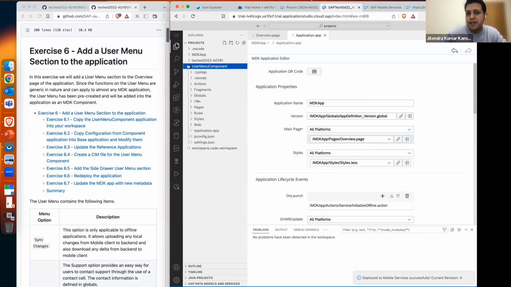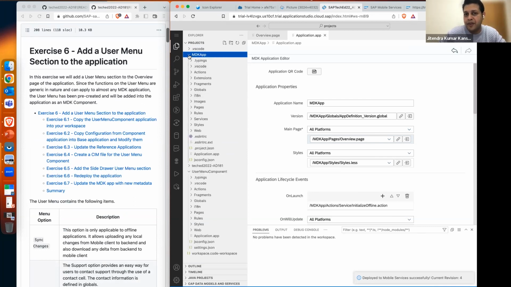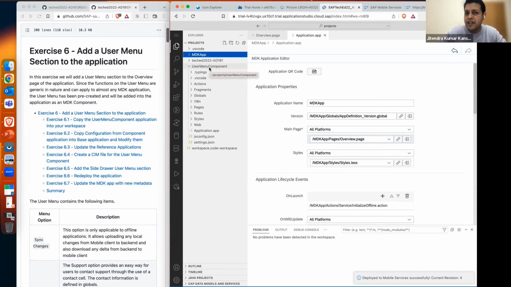And this project basically has the same structure as my project that I created in a template, right? And what we are going to do with this project is reuse some of the functionality from this project in our main project. So MDK app, I will call this the base project, and user menu component,